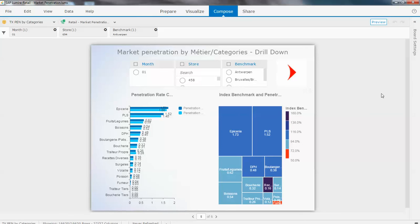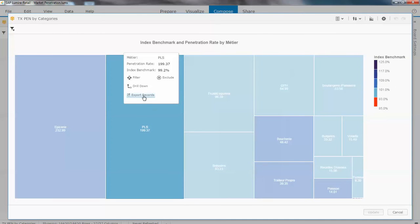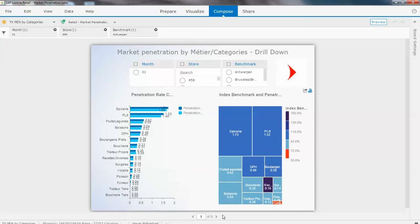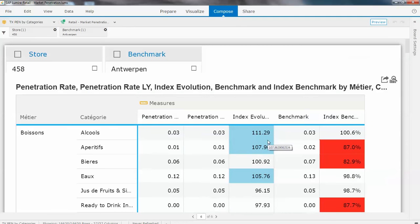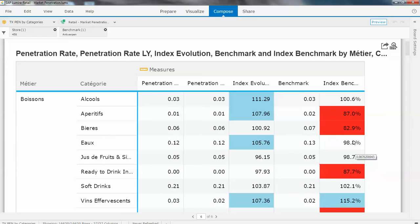This is a dashboard on the categories with again drill down functionality in the different categories and the benchmark that applies. So I can go back, go down, and I see again, using the branding of this customer, that it is blue and white. And the last page is a report type where on store level we have the different indicators with exceptional highlighting and indications. The last dashboard